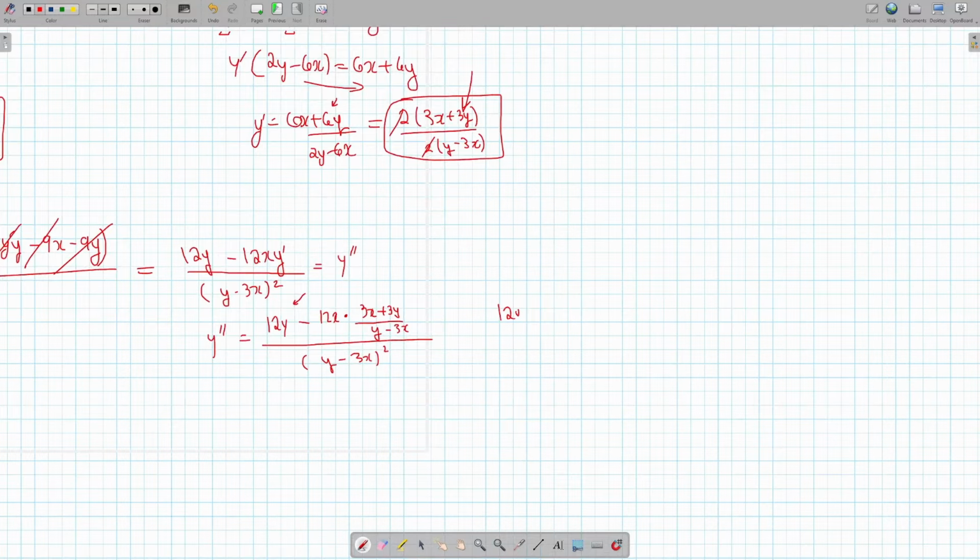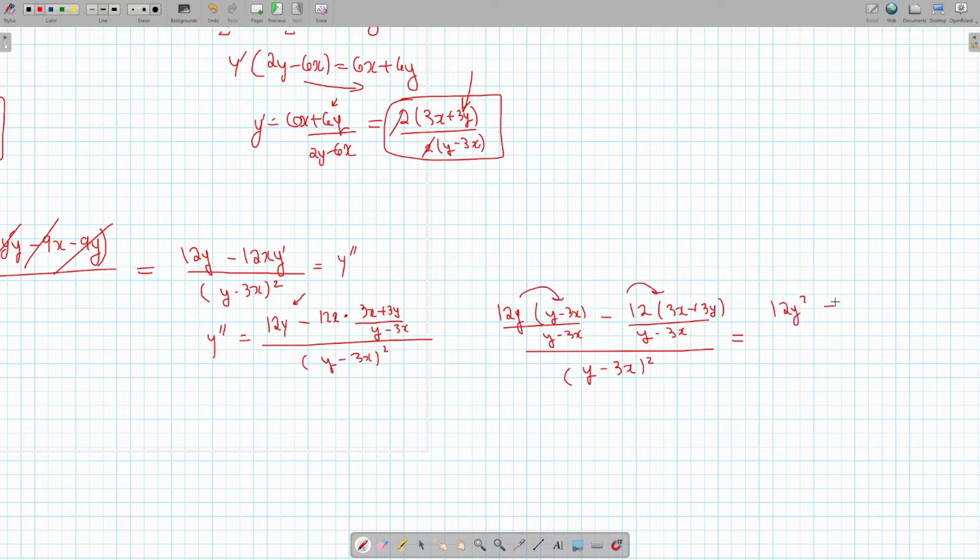So it's going to be 12y, y minus 3x up and down. To make it common denominator with this, minus 12 into 3x plus 3y with the same denominator, all over y minus 3x squared. Okay, we're getting somewhere. Let's distribute this into this into this. So you get 12y squared minus 36xy minus 36x